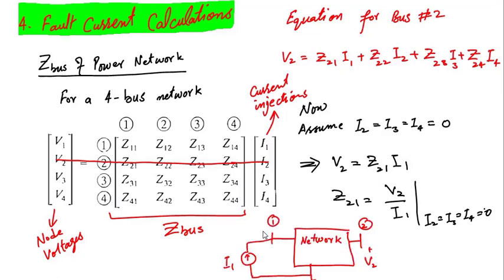Again, with the help of a circuit, I can show you what is meant by this. Here we can see in this network of 4 buses, we have taken 2 buses out. At node number 1, we have injected current I1, and at node number 2, we are measuring voltage with respect to the reference. So the ratio of V2 to I1 is equal to Z21. In other words, this Z21 describes the transfer effect of current injection on one node and voltage development on the other node. Because this current injection I1 at node number 1 has changed voltage everywhere in the network.